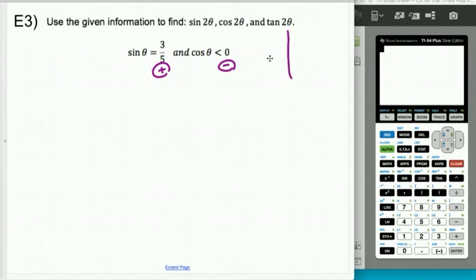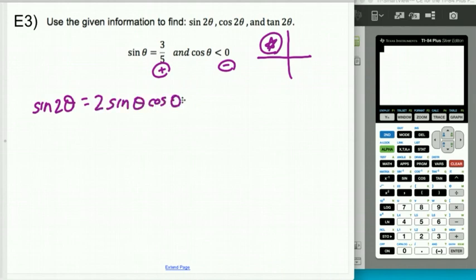What that means is I'm in a quadrant where sine, the y value, is positive and the x value is negative. So I am in quadrant 2, right? So I know that the sine of 2 theta is the same as 2 sine of theta cosine